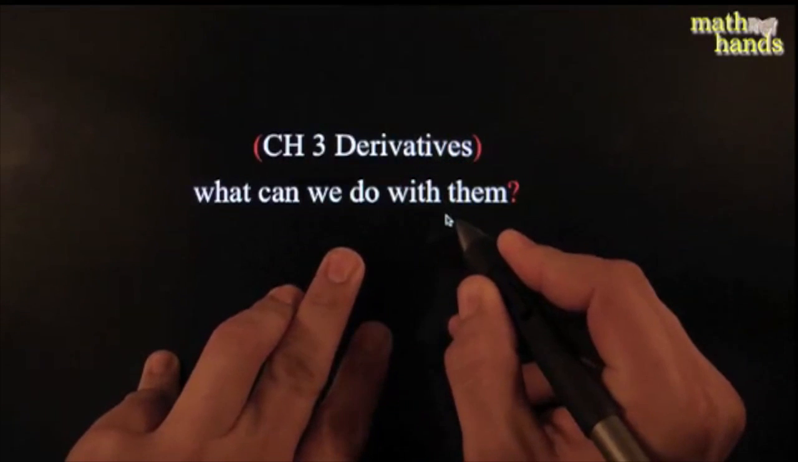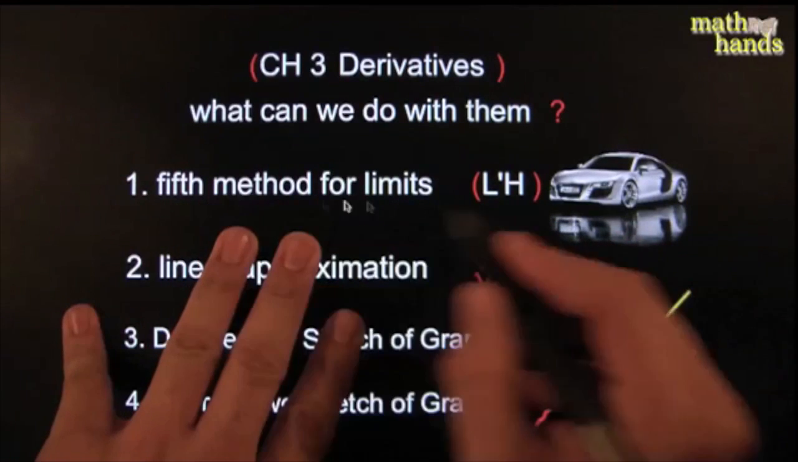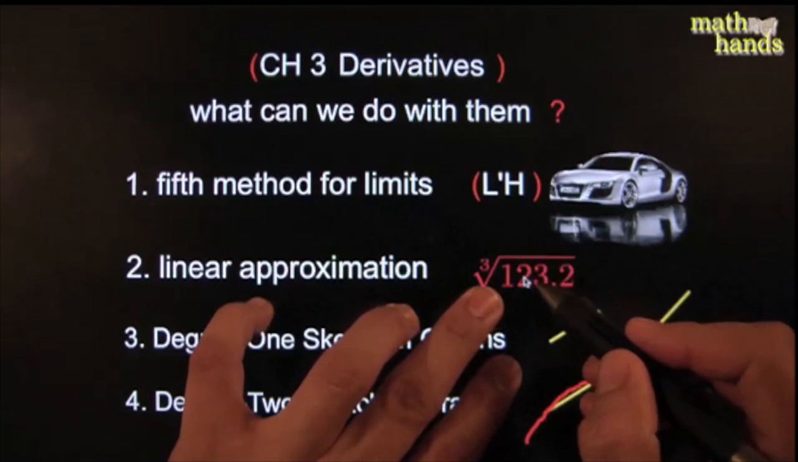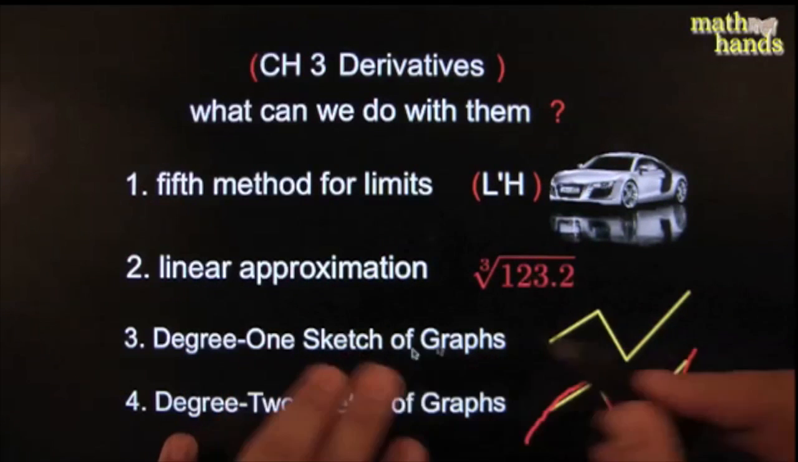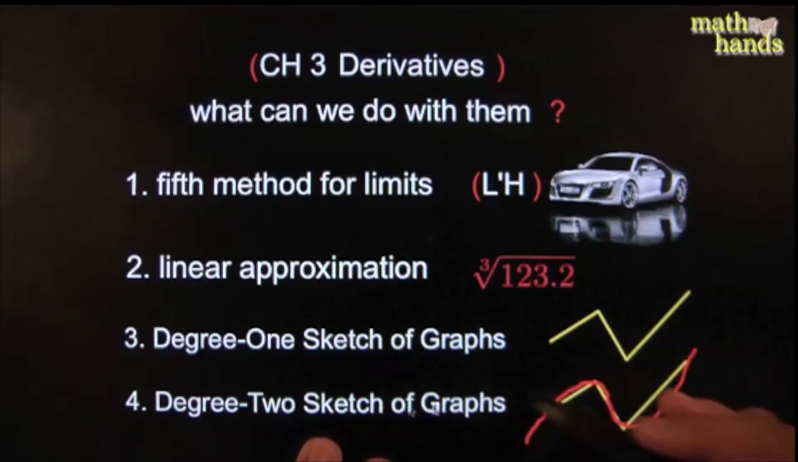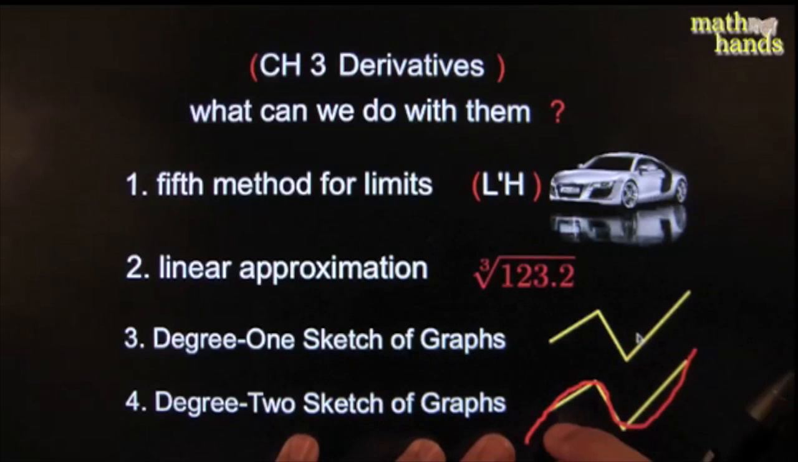So let's see. Last time, real quickly, we had 4 different ideas. We had L'Hopital, a powerful way to find limits. We had linear approximations, a nice idea: find a tangent line. Degree 1 sketch: figure out the uphill, downhill business. And then the degree 2 stuff, a nice way of adding curves to your previous sketch. Very nice